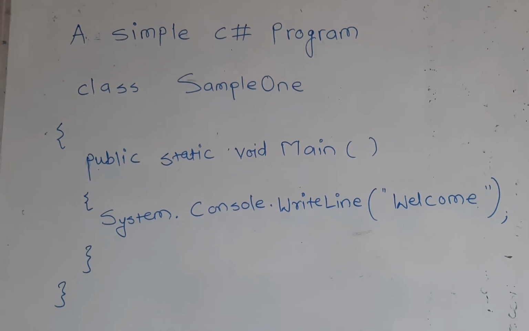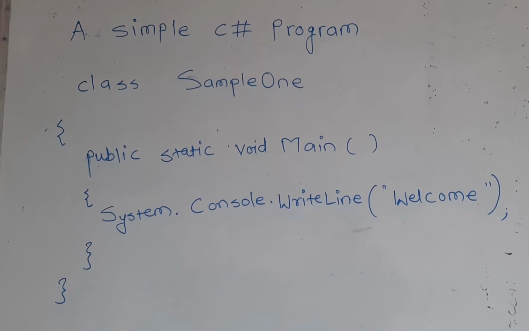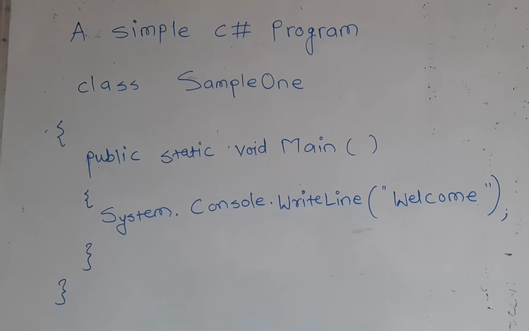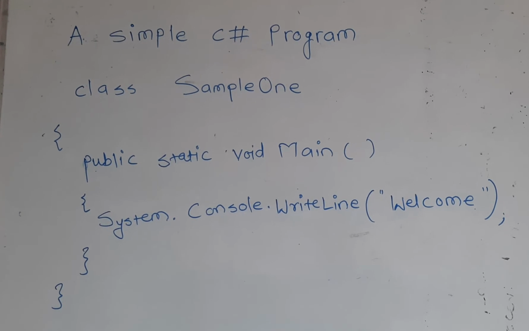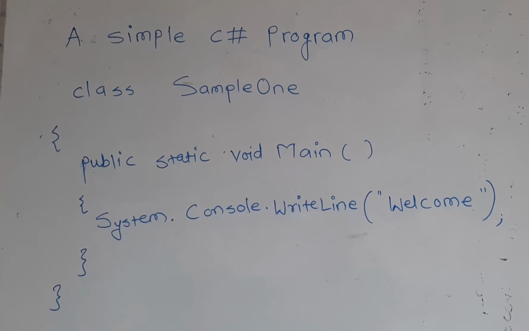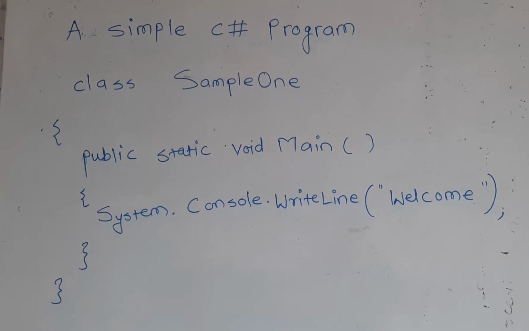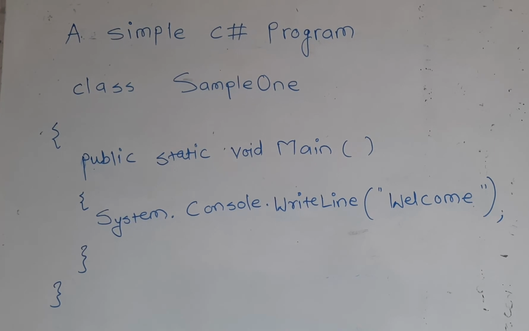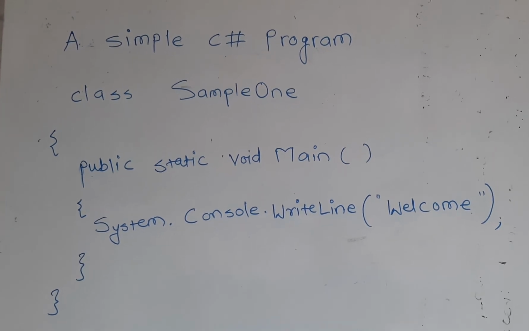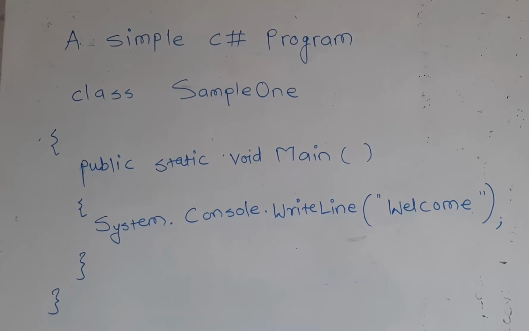As we know that C# is an object-oriented language, due to this, the program is designed by using classes. So, in this program also, we declare one class. Here class is a keyword and sample1 is the name of our class. Here we declare the class name, and mostly we write the first letter of the class name as a capital.